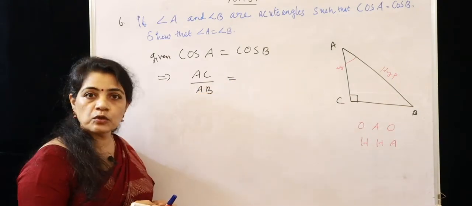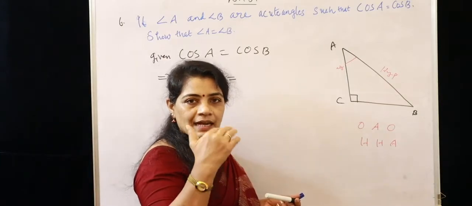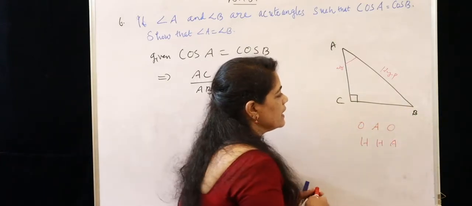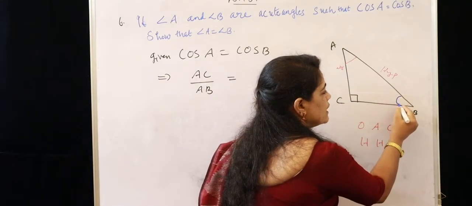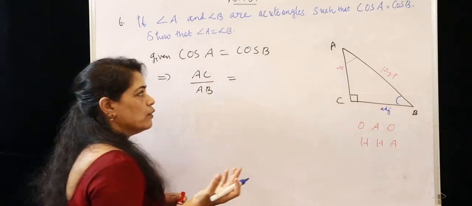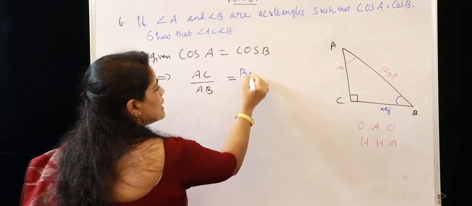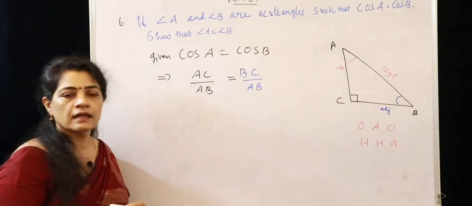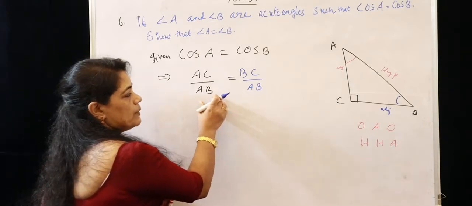This can be equated to cos B. Okay, with respect to angle B, cos B means adjacent by hypotenuse. Adjacent here with respect to angle B, this adjacent side is BC. Okay, that means with respect to angle B, this is adjacent. And hypotenuse, no change whether A or B, that doesn't matter. So we can write BC divided by AB. See children, with respect to angle A, cos A is equal to AC by AB, here BC